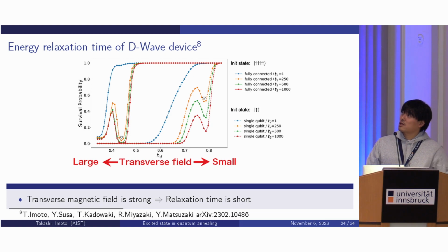And this is the energy relaxation time of the D-Wave device. And we can see that when the transverse field is large, the energy relaxation time is small. And on the other hand, when the transverse magnetic field is small, the energy relaxation time becomes long. Okay,